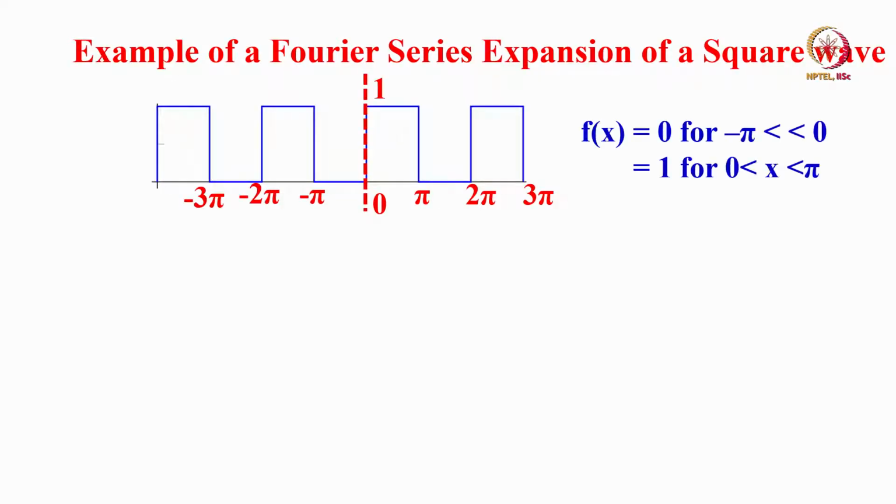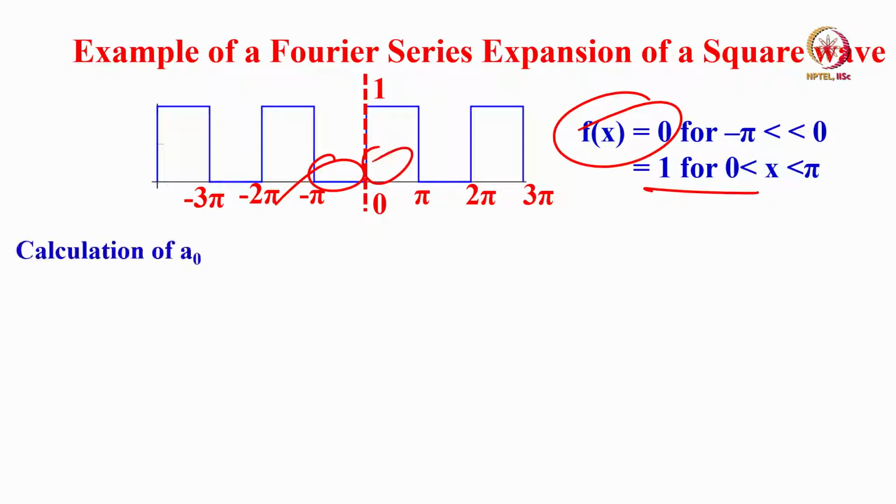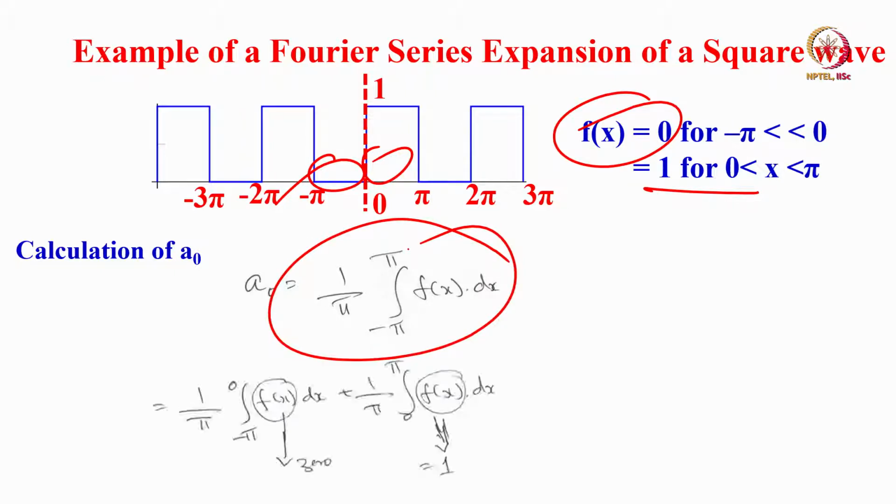And then we also understood how to calculate these Fourier coefficients, and we took an example of a periodic function, a square wave, and tried to arrive at the Fourier coefficients for it. We defined the function f of x, which is equal to 0 in this region and 1 in this region. I calculated a0, which is simply the integral of this function, and we showed it to be equal to 1.